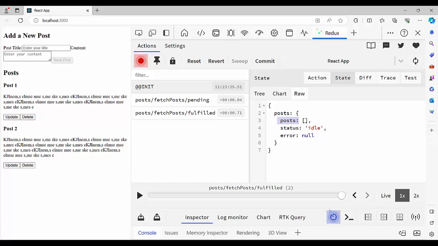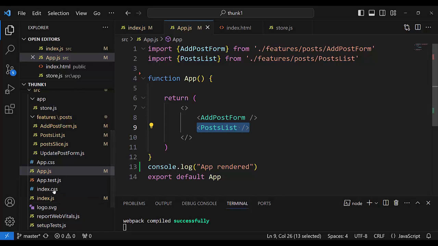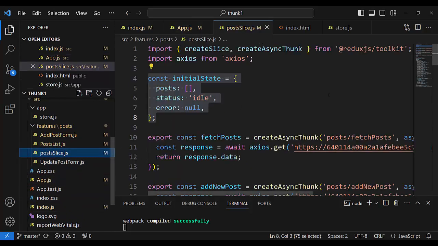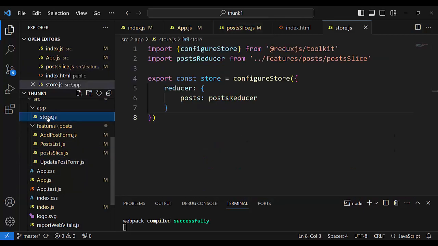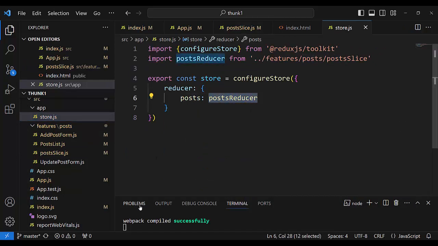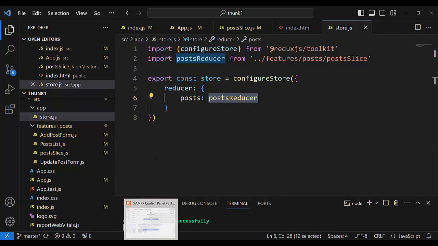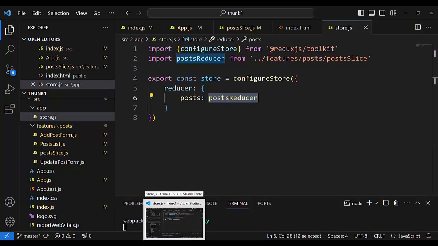Here it is, postList, postSlice, initial rendering. In the initial rendering we will see it because it is in postSlice, and postSlice is registered here in the store, because it is the post slice. Okay, let's get back to